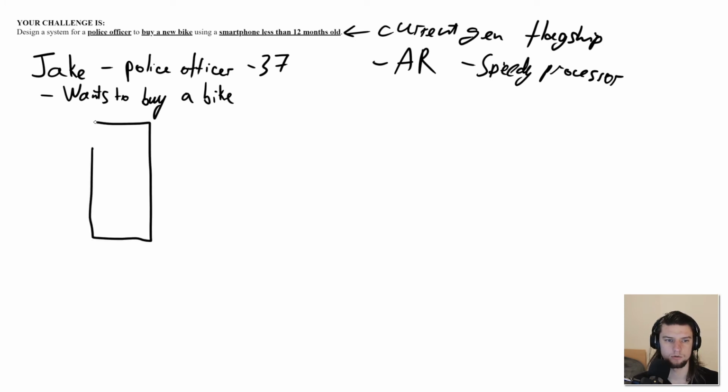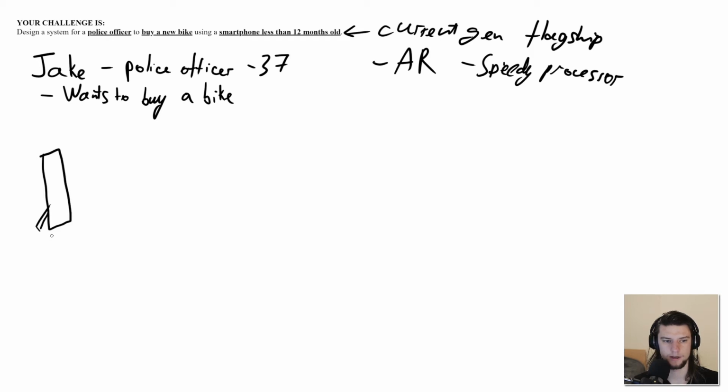So let's assume the user, Jake, has a smartphone, and then the user is asked to come up to a mirror. I don't even know how to present this properly. So let's just say this is a mirror, hypothetically. So he's standing on this leg, right? So we have the user, who is asked to scan himself. So the camera takes a selfie of himself in the mirror, so then it gets scanned